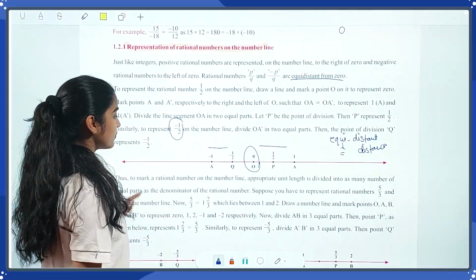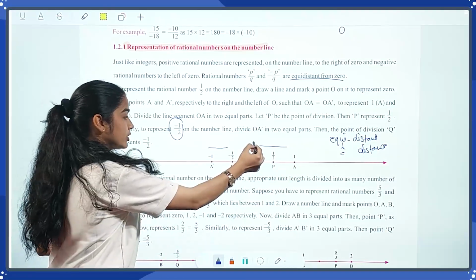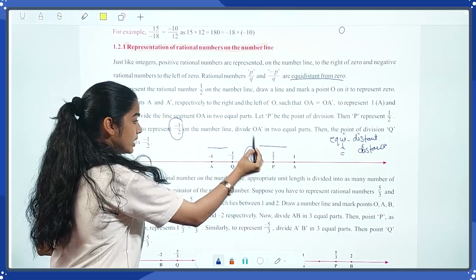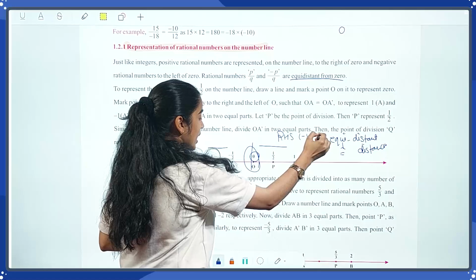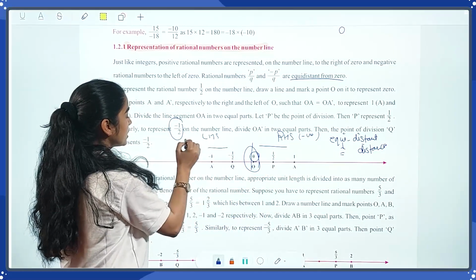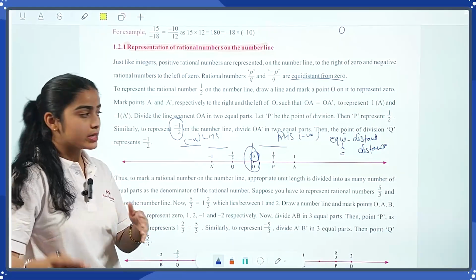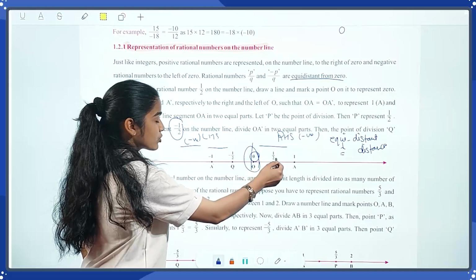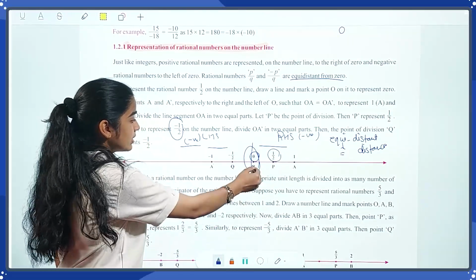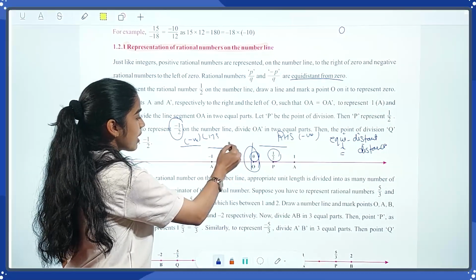So what we say here, first they say draw a number line just like a straight line. Then we have to divide it into two equal parts with the 0. Okay. Now on the right hand side, we have the positive numbers. And on the left hand side, we have the negative numbers. Now what you have to do, you have to see the equidistance, this word, equal distance. So from 0, we have 1 by 2, which is positive, having equal distance. Then we have Q, which is minus 1 by 2, which also has equal distance.